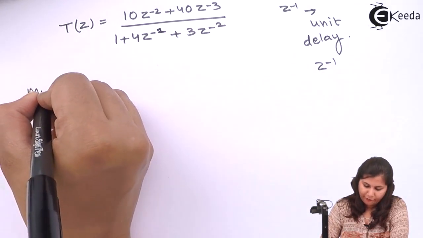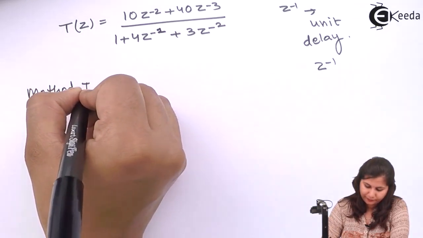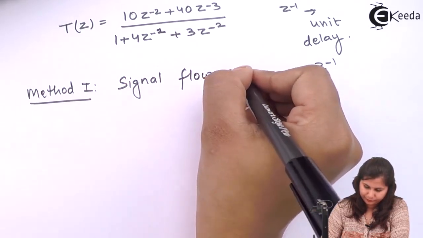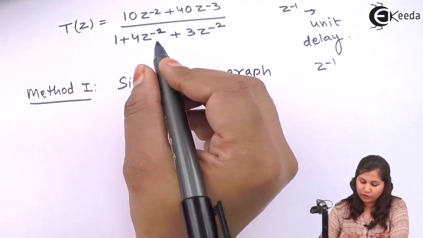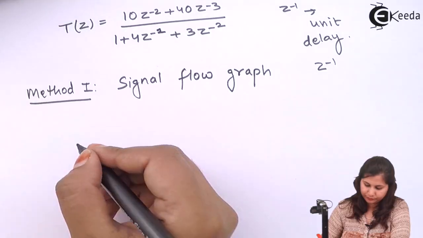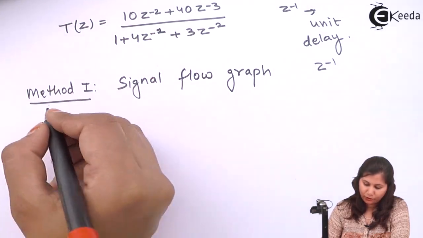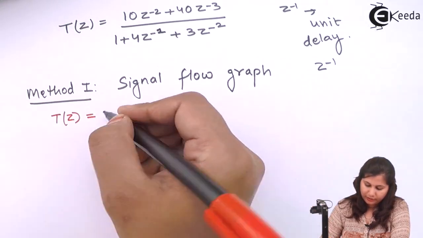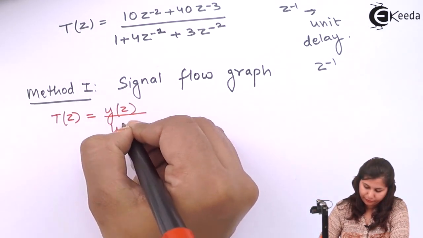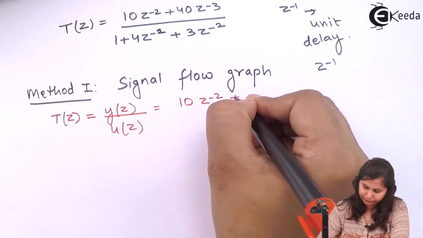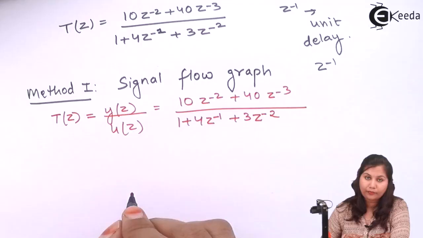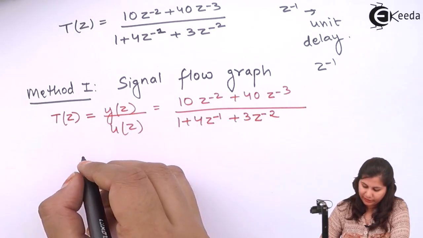Now using our first method, signal flow graph. So let's draw the signal flow graph for this transfer function. T(z) is what? Y(z) upon U(z), that is output upon input. So cross multiplying this we will get